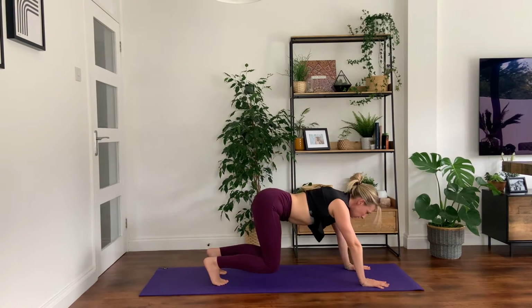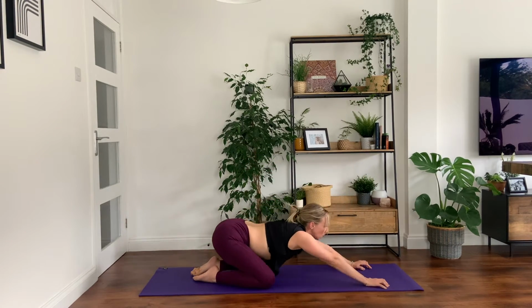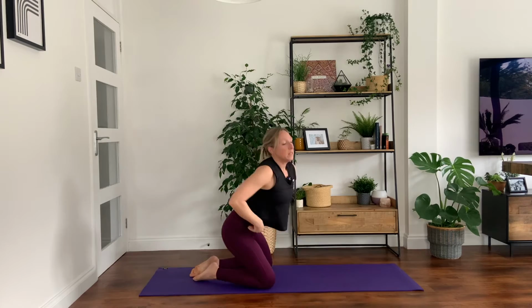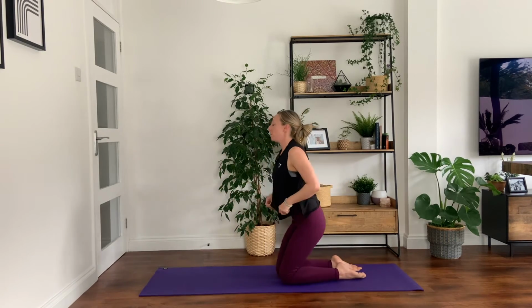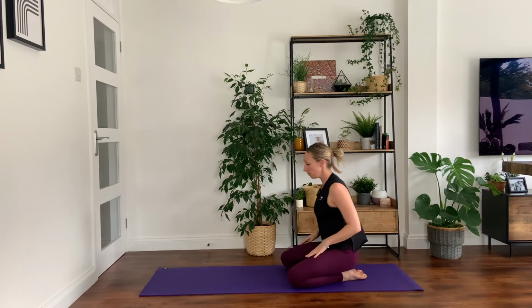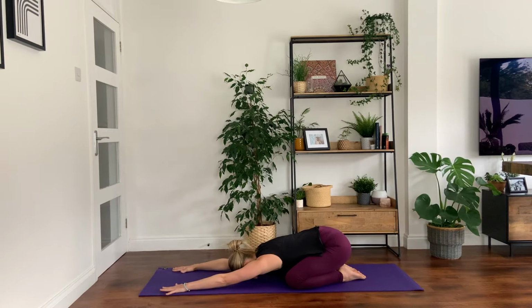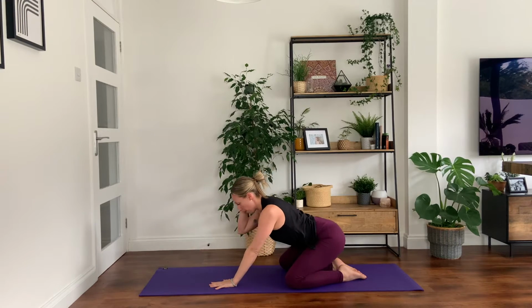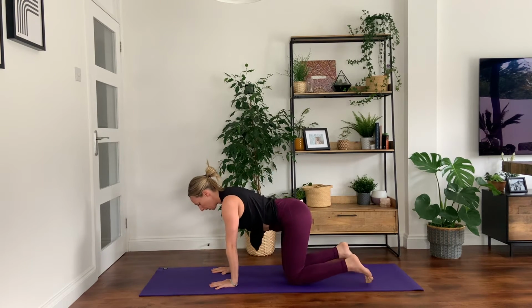Good, dropping down to kneeling and taking a moment to come all the way back into your child's pose. Nice wide hips. Finding that connection back with your breath. Breathing into the back of the body. And then when you're ready, taking the hands all the way back up, finding your way back into your tabletop